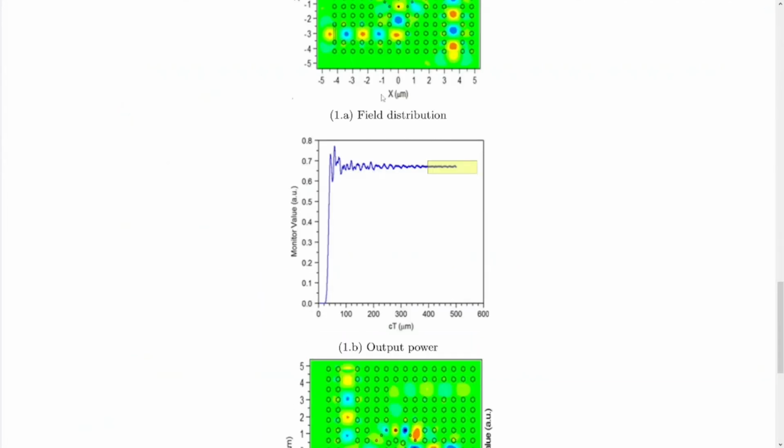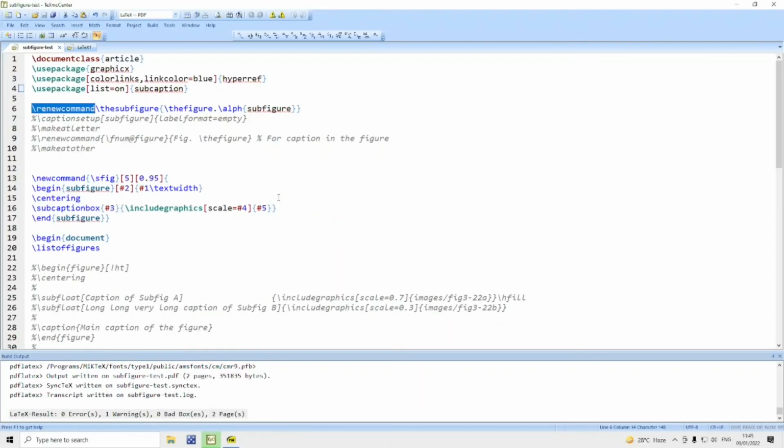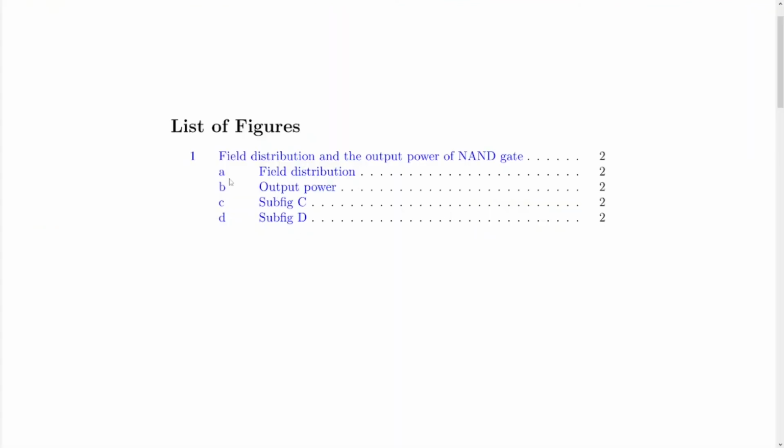Then you will find here 1.A, 1.B, 1.C, etc. Previously it was simply A, B, C, etc. Compiling it once again will produce the same effect in the list of figures.